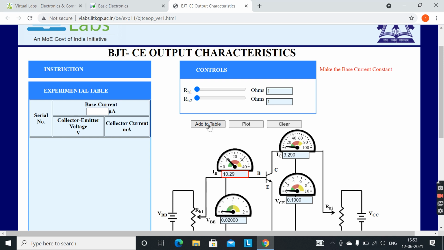Now it is 10.29. So you have to set RH1 and this has to come to 15 microamperes. It has exceeded 15. It should come to 15 something. It's very precise, you see. To get the value of 15, it's not so easy in this. So it's 15.35, let's take. Okay, because I'm facing some difficulty in adjusting the value. So it's IB equals 15